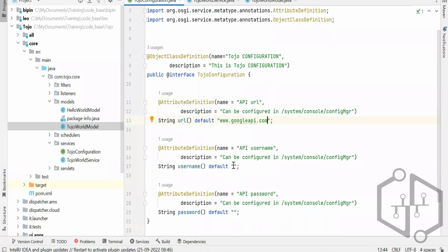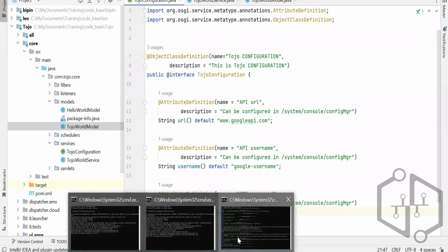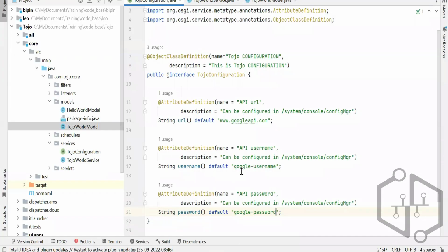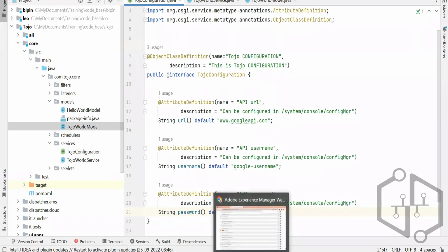Okay, and username is Google username. Again, password is like Google. Okay. Now, what will happen? The first time when you will deploy your code, it will take up these values. So, if I will deploy my code now, I actually have to restart this